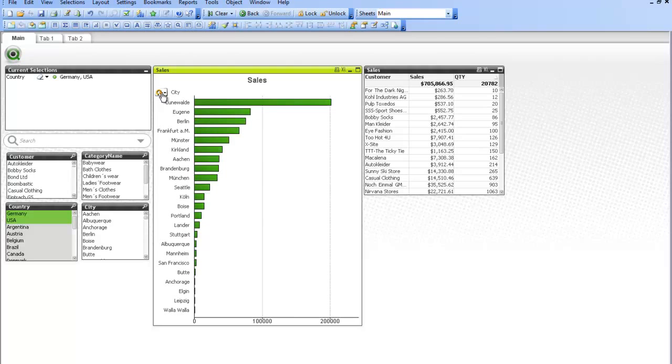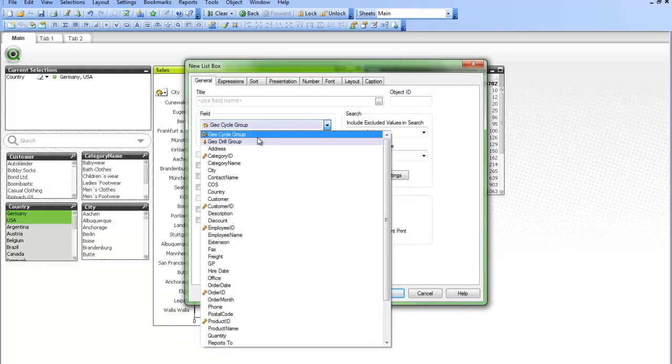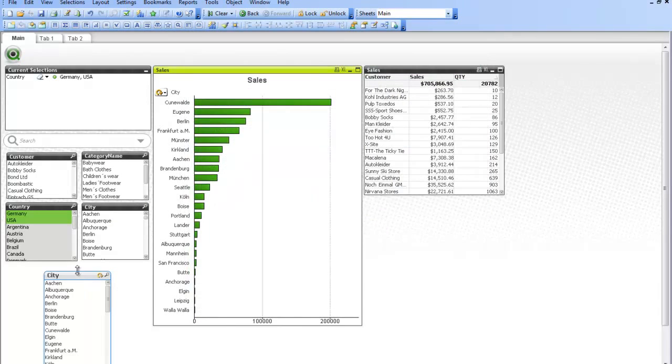One nice thing with both of them is you can set those up and they can drill between anything you want. One really nice thing about QlikView is these groups are available in any object, and you can also use them not only inside charts but list boxes. For example, here I can create a new list box. And notice my two selections here is my Geo Cycle group or my Geo Drill group. If I select my Geo Cycle group and click OK,